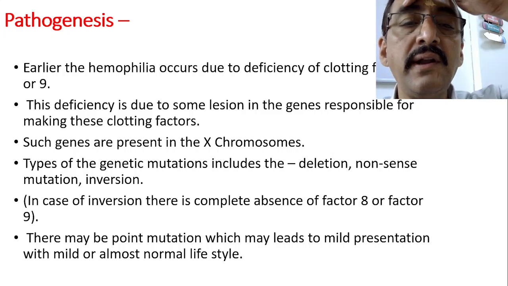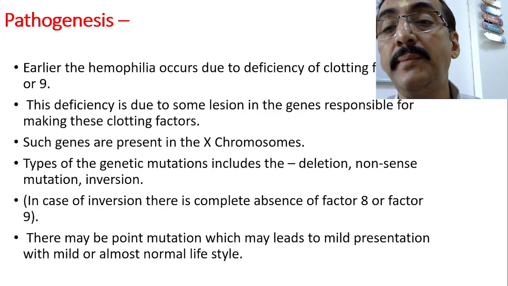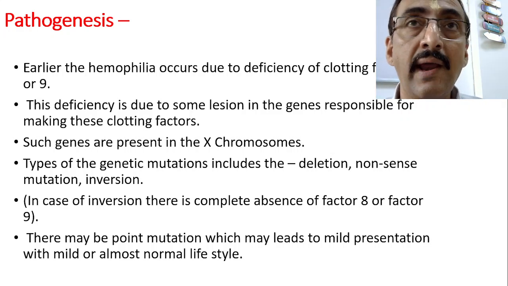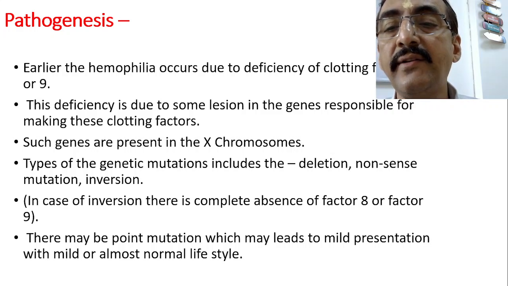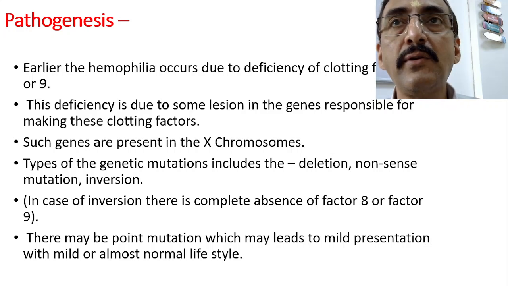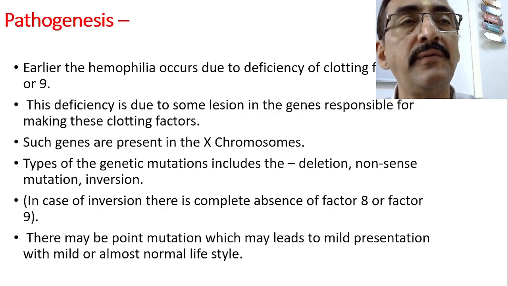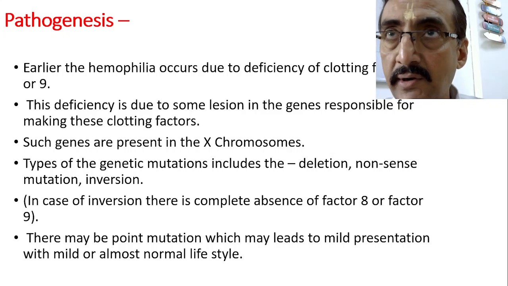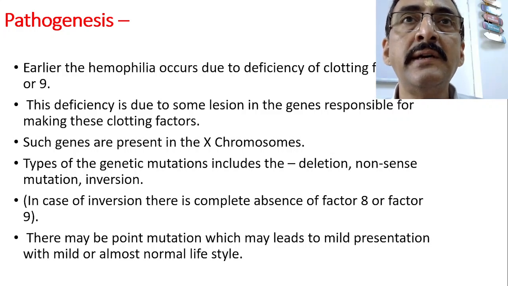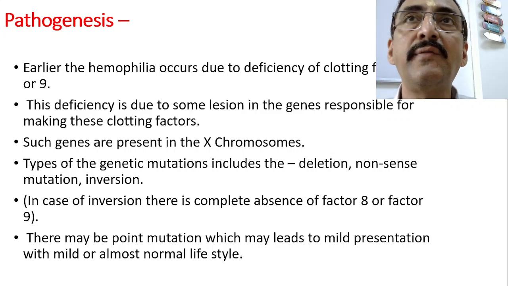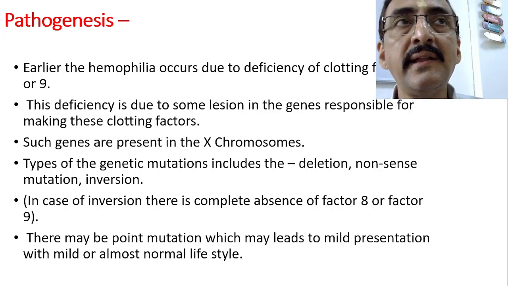So these are the possible genetic mutations which can occur. There may be deletion of that particular gene, nonsense mutation of that gene, or inversion of that gene. In case of inversion, there is complete absence of factor 8 or factor 9. Inversion means a part of the chromosome is cut and gets attached somewhere else in an opposite, inverted fashion. Suppose the portion for factor 8 has been cut and attaches somewhere else in an inverted fashion. That means if inversion is the pathology, then there will be complete absence of the factor 8,